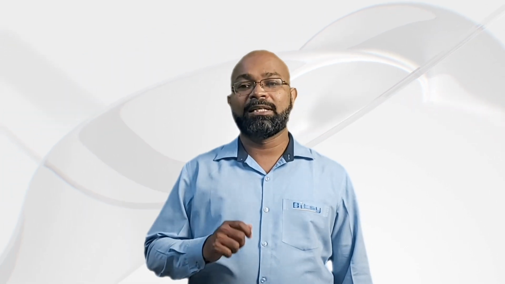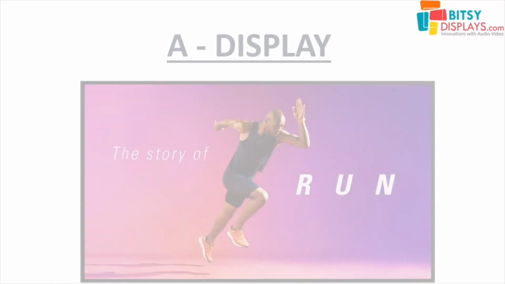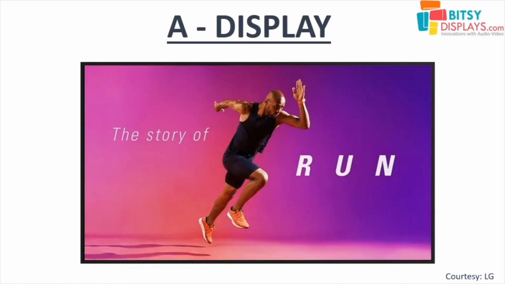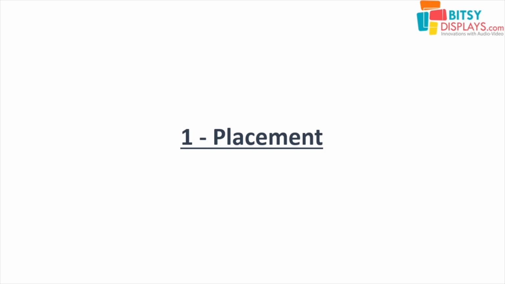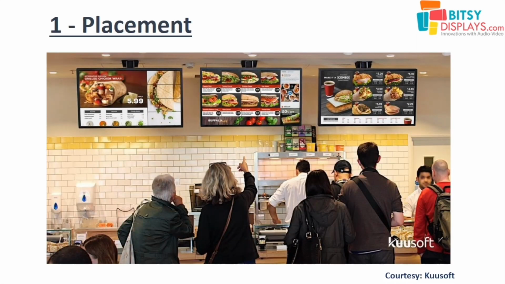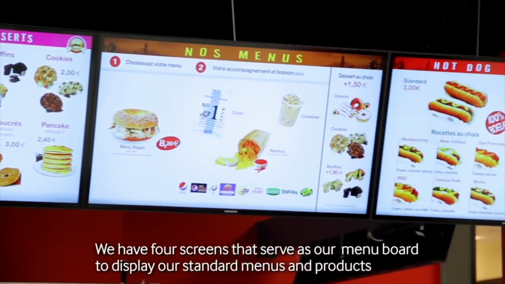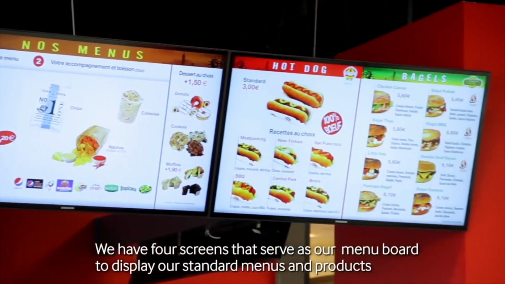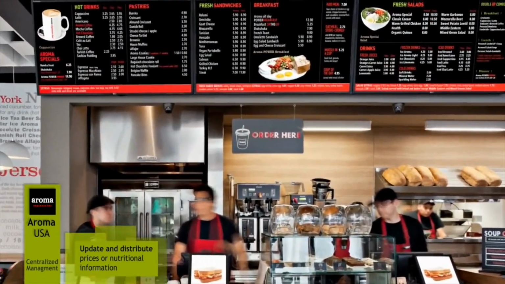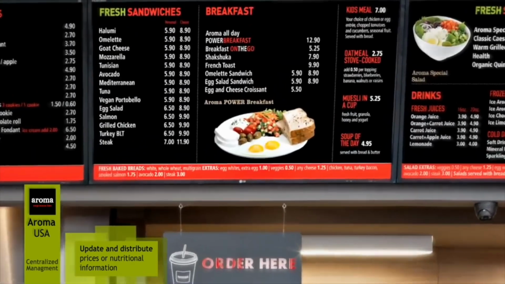Let's get into more detail about the same. 8. The display. First, placement. Placing the display at the right spot multiplies the viewership of the signage. The most common spot is behind the billing counter of the store to capture the maximum time and the attention